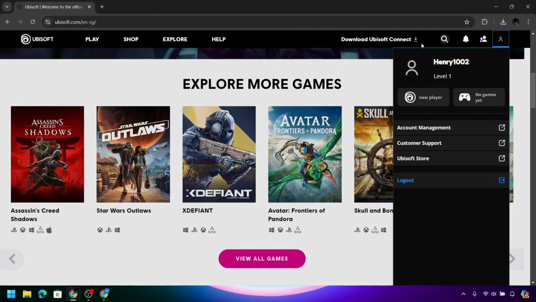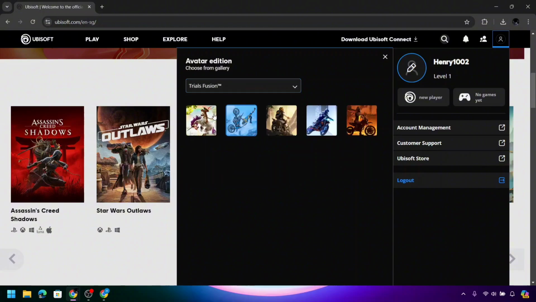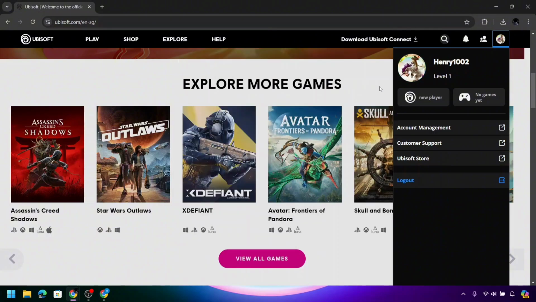Then you will see this large icon beside your username and level of your account. So click on this icon. And then you have a choice of avatars that you can use for your account. So let's set this, then click save. That's it. As you can see, I have changed my profile picture, but we can also change it using account